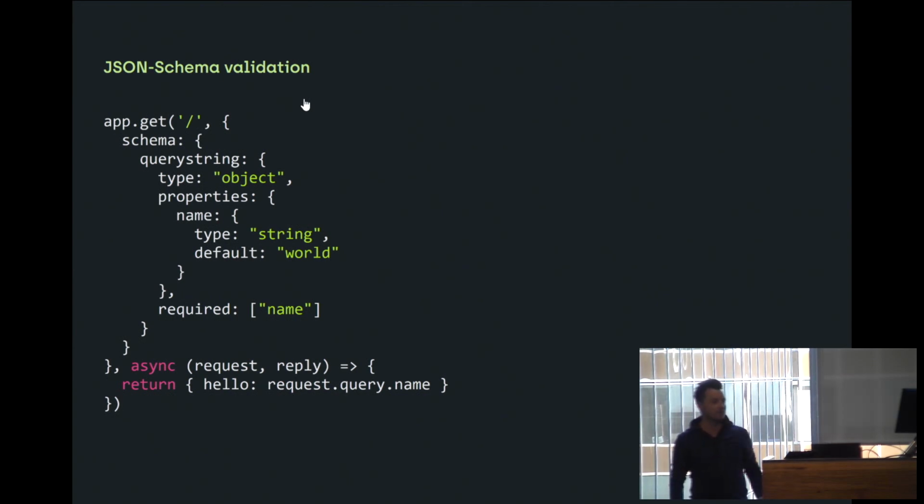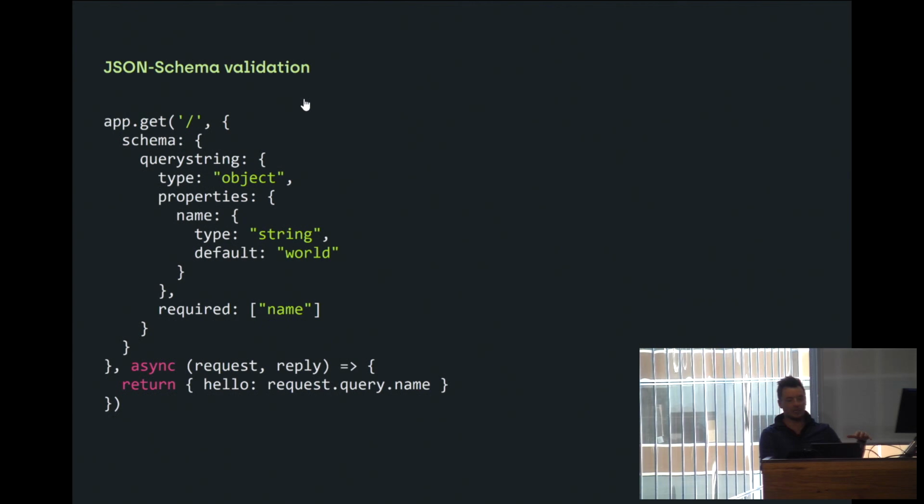JSON schema basically tries to represent the request and response object. So are you familiar with Swagger or OpenAPI? Imagine having the power of Swagger in your web service. You say, I declare my schema for my request and my response, and my service is going to make all types of validations on the inbound and outbound schemas. Let's take a step only on the inbound schema, right? It can be a query string. The most interesting thing is that in this way you avoid executing the handler before